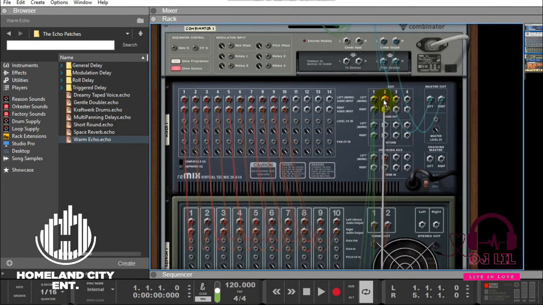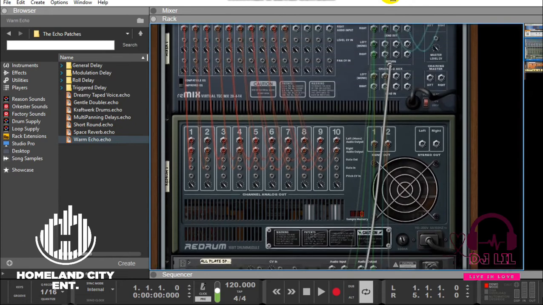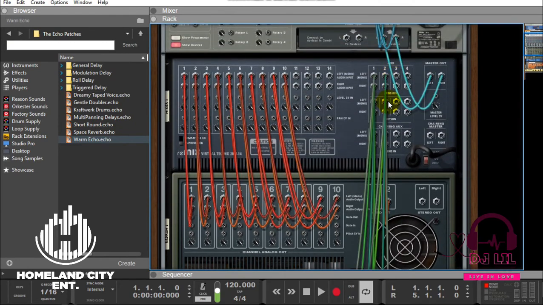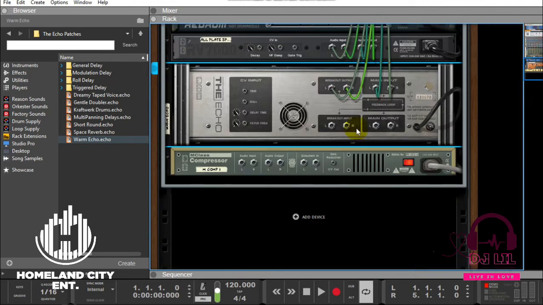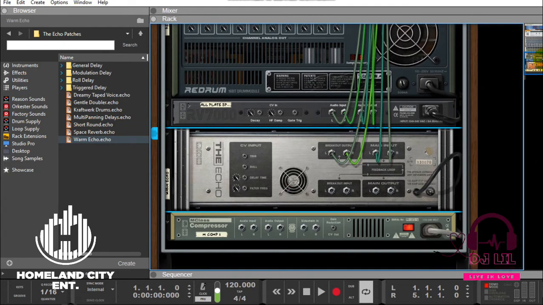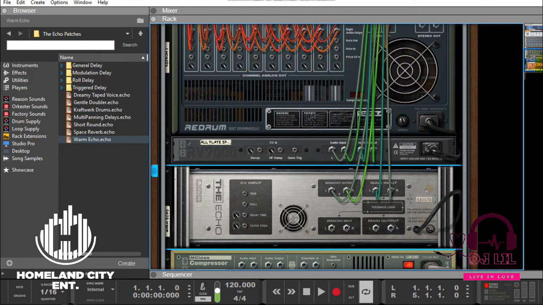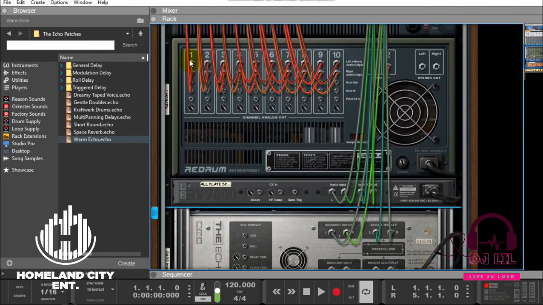I put it in there. Then I put this there. Done. Then I go to the third one, the compressor. I don't want to use it as a side chain, but rather for the actual compressing of the drums and the snares and everything else, so they sit nicely in the mix. So individually, how you would route this is going to the output of the Redrum, because we have